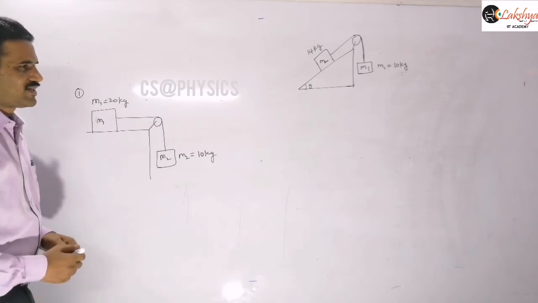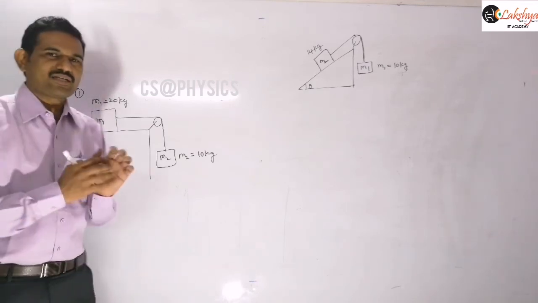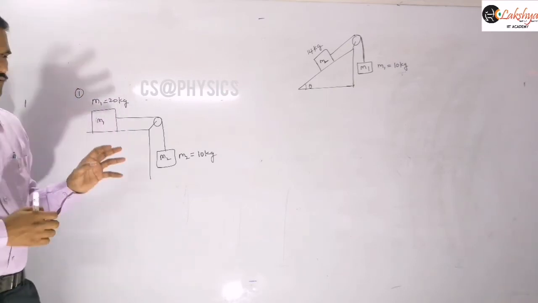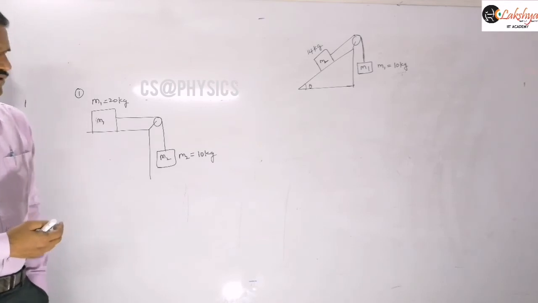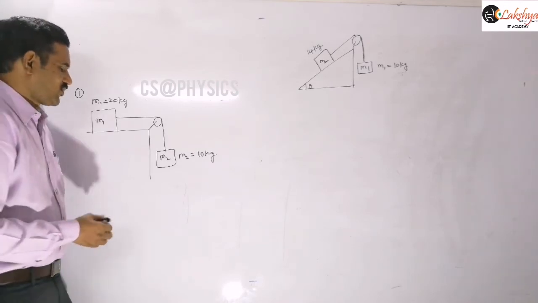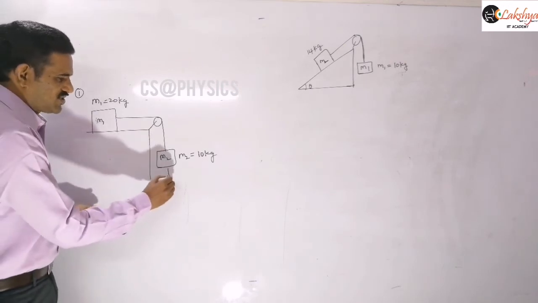So now I will explain by the direct method here. Which force is trying to accelerate the system here? Which force is trying to accelerate, and which force is opposing the acceleration of the system? Now we can observe this directly: the weight of this block here, let us say M2g.